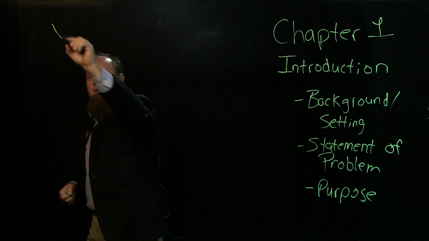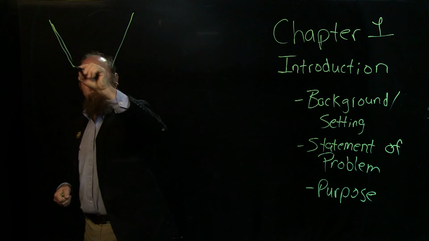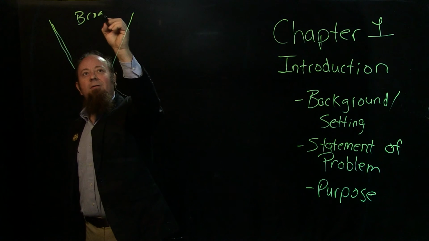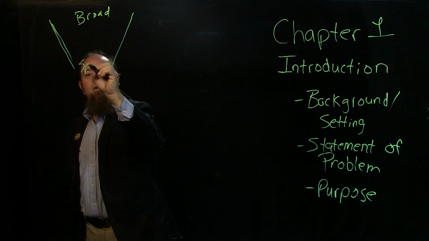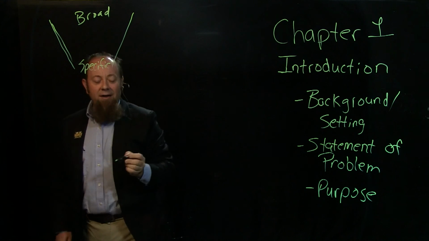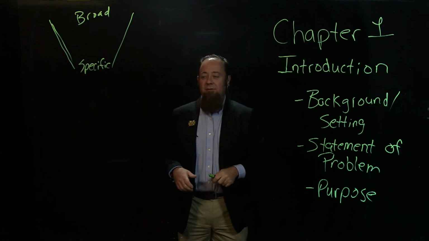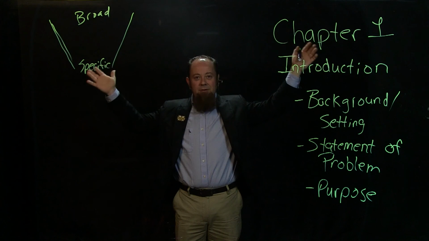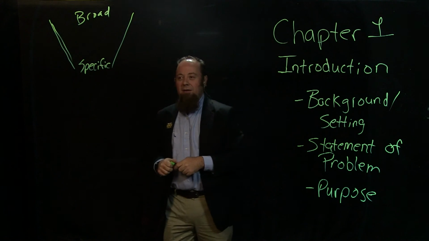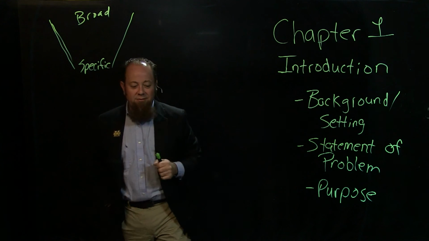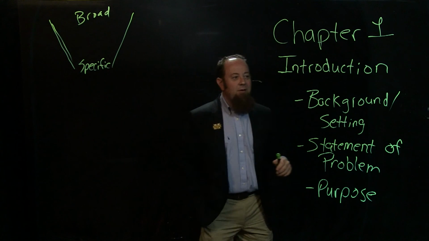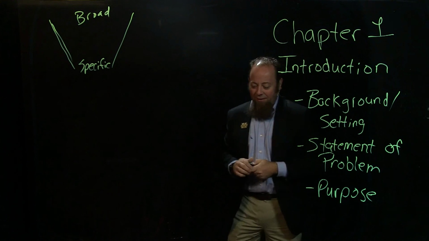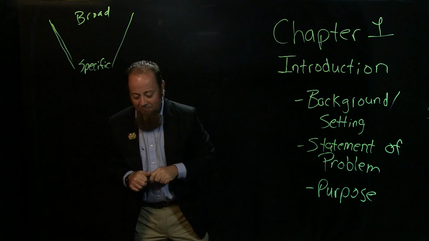And I draw this diagram a lot of times for my students, especially in chapter 2, where we start very broad here, and then we work our way down to being very specific finally. And this works the same with your review of literature, where you start very, very broad, maybe even the history of hybrid corn in the United States or across the globe, and come down to the very specific situation that we're talking about. And that's the way that we're doing here with chapter 1. We started out with this background and setting. We've got a statement of the problem. And then at this point, we get down to the purpose of